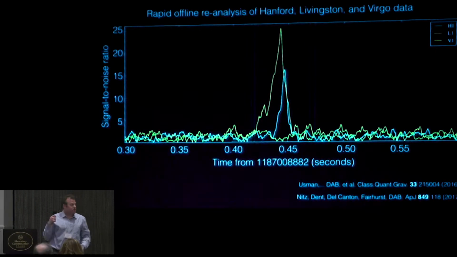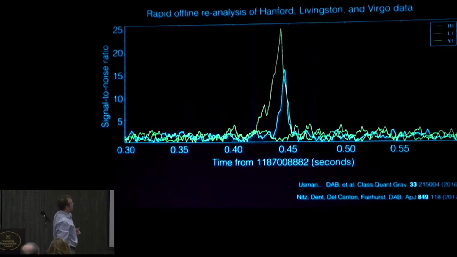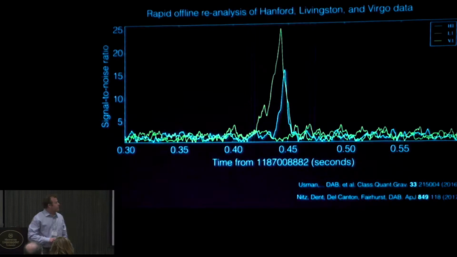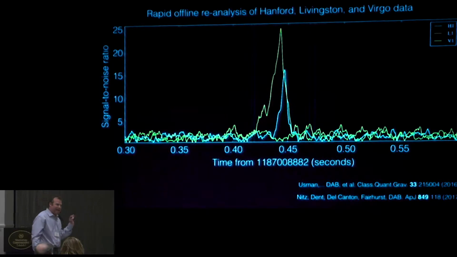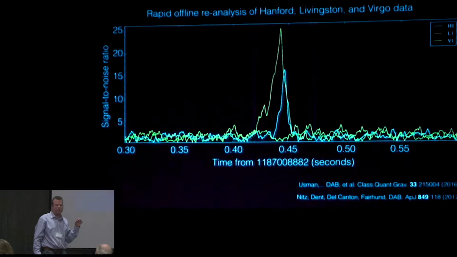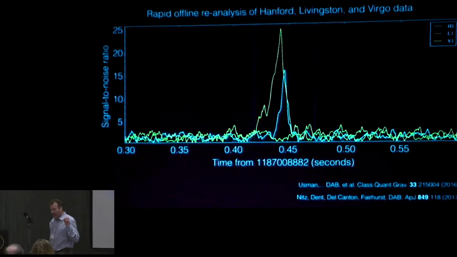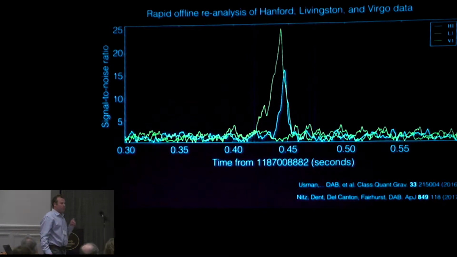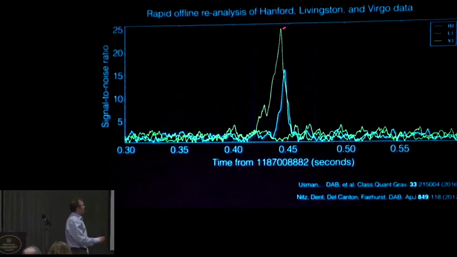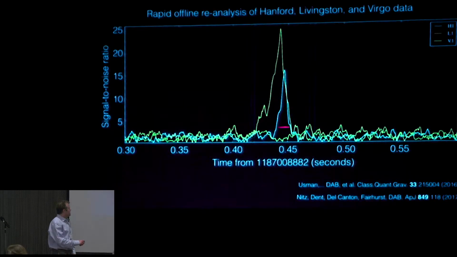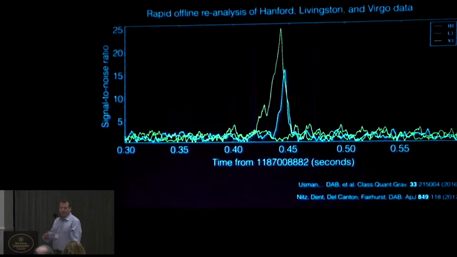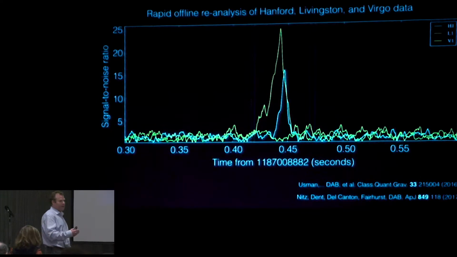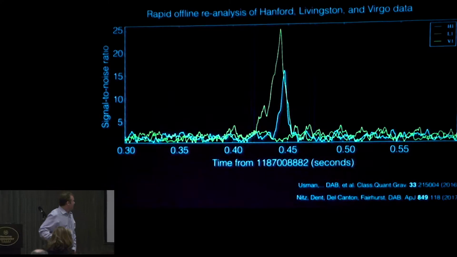And you can tell from the relative sensitivity of the detectors and from the SNR you see in Hanford and Livingston, it turns out that this source came from a place which wasn't exactly at the Virgo dead spot, but was quite close to it. And so the absence of a signal in the Virgo detector is actually quite constraining to the sky localization. So the fact you see it in Hanford and Livingston and you don't see anything at all within this window is very constraining on the sky location. So it really was the network of LIGO Hanford, LIGO Livingston, and Virgo that gave us the very accurate sky